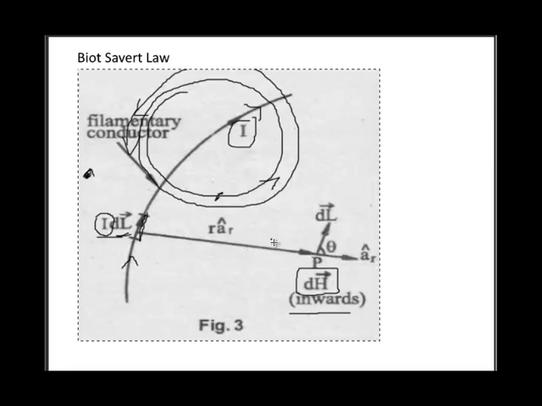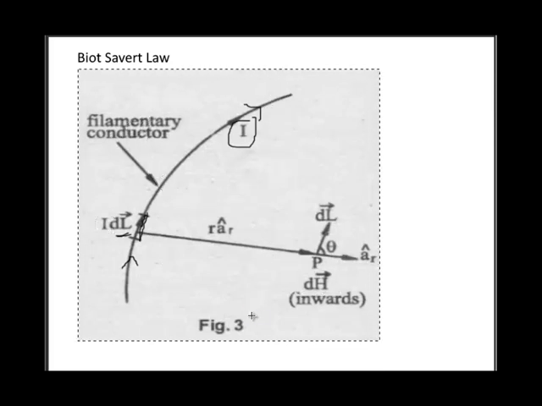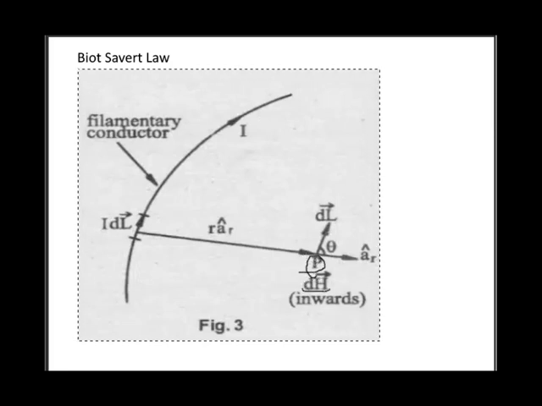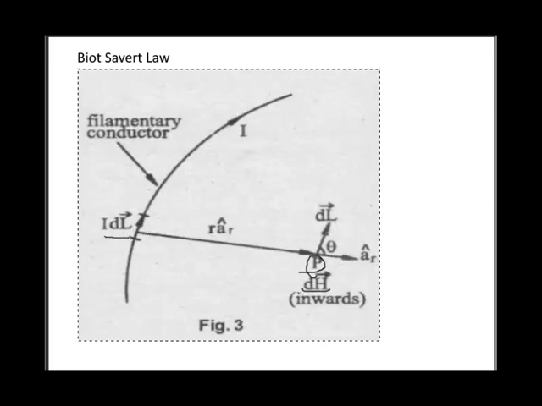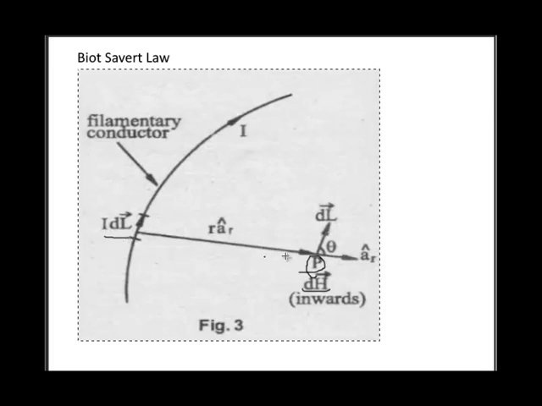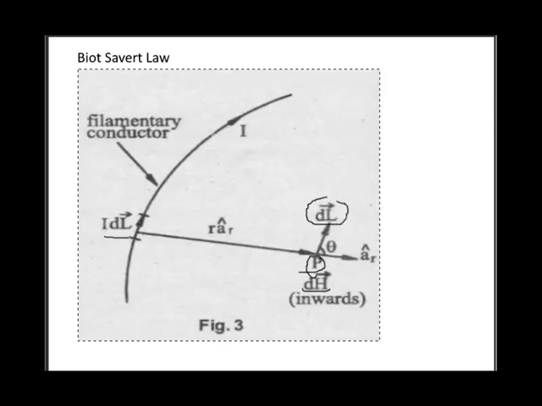In this figure, a point P is marked where we have to find the magnetic field intensity. At this point, it is obtained as dH, where H is magnetic field intensity and dH is the differential magnetic field intensity due to the differential current element, the differential current filament. And dl is the direction of current. It is parallel with the line marked here.